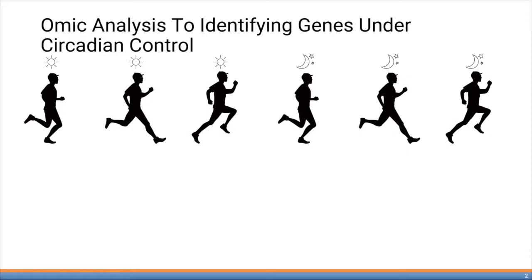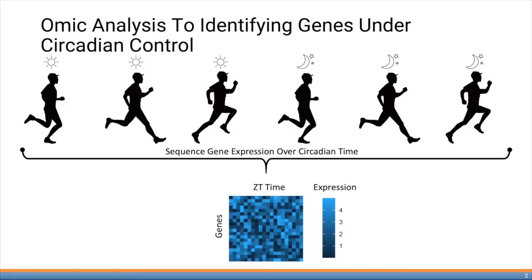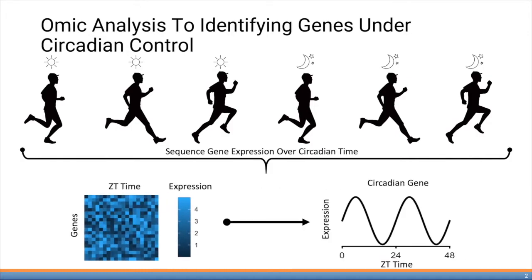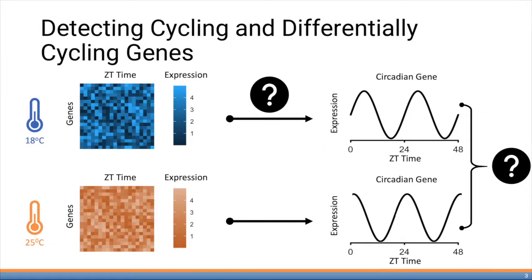As a high-level experimental overview, with the advancement of omic technologies, we can now interrogate the expression of thousands of genes throughout the course of the day, generating giant matrices of gene expressions versus time. Nonetheless, this data presents computational biologists with the questions of how best to extract cycling genes from the sparse and noisy time series data.